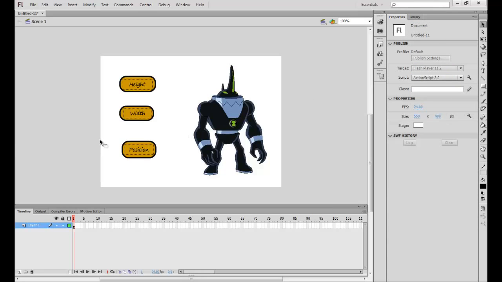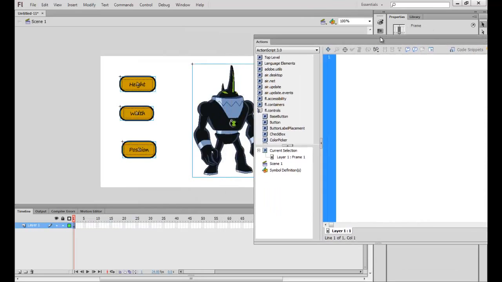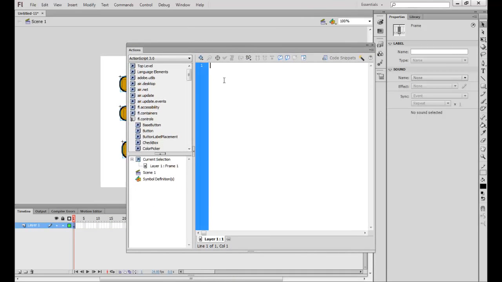Right, so now what I want to do is I want to be able to click this and change the height of the eagle. This, when I click, the width should change. Position to reposition the eagle. Now for this I would basically have to write an ActionScript. So action, I can create variables called myHeight equals maybe 200, variable myWidth equals 150,